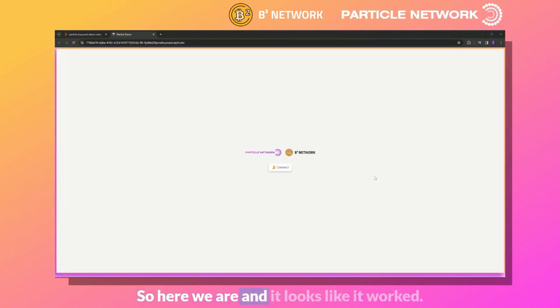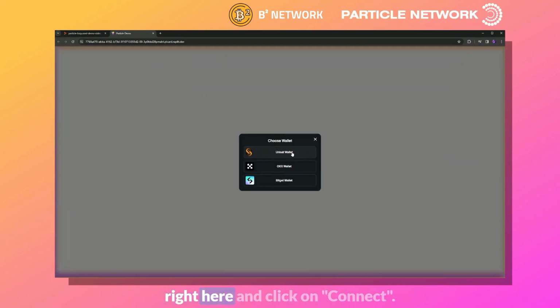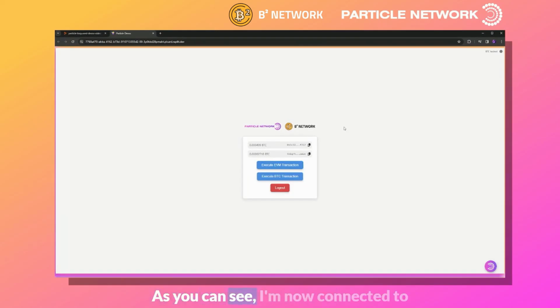All right, so here we are, and it looks like it worked. So let's give it a try by clicking on connect. Then I'll go ahead and select my Unisat wallet right here and click on connect. And here we go. As you can see, I'm now connected to this application using BTC Connect, which is through